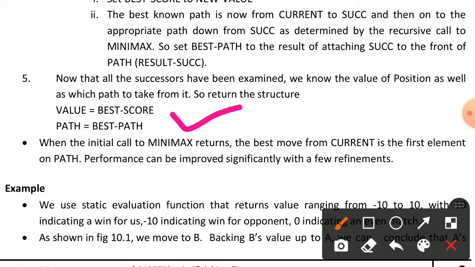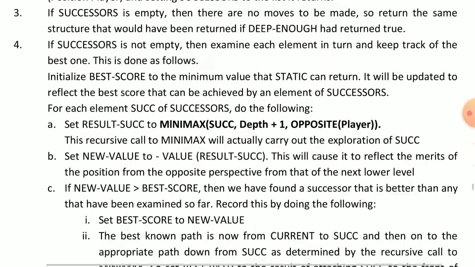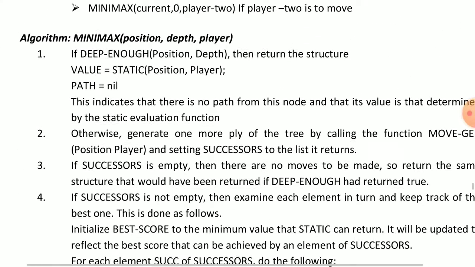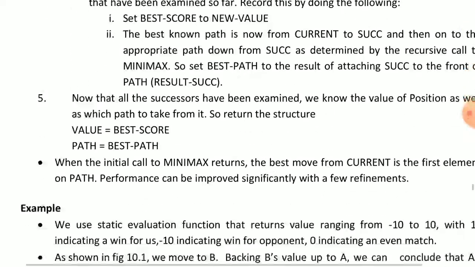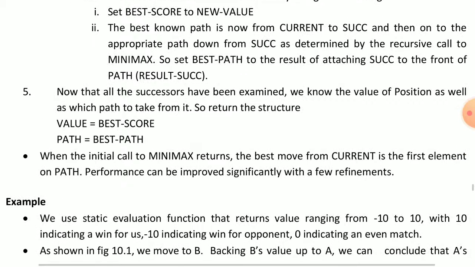Okay, and here the best move from the current is the first element of the path, and we can improve our performance by using different elements. Okay, so here our minimax algorithm is completed. Now we can learn an example of minimax algorithm.